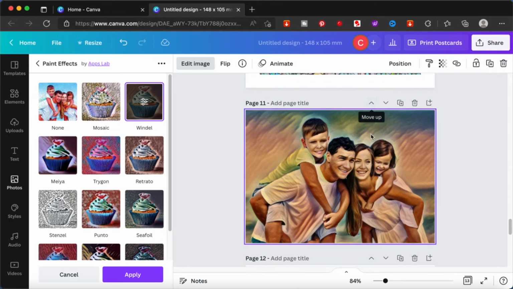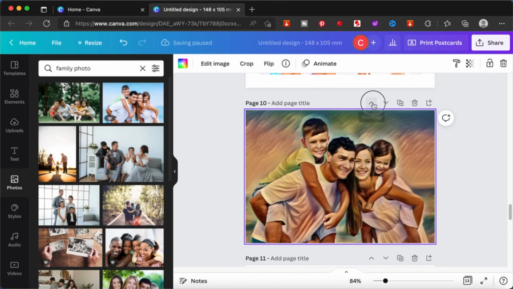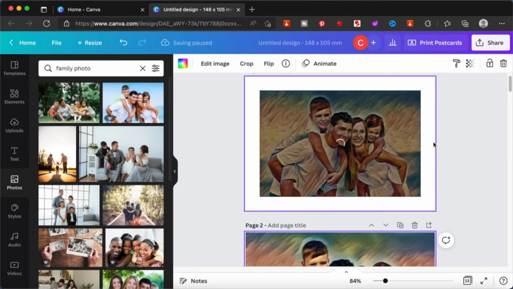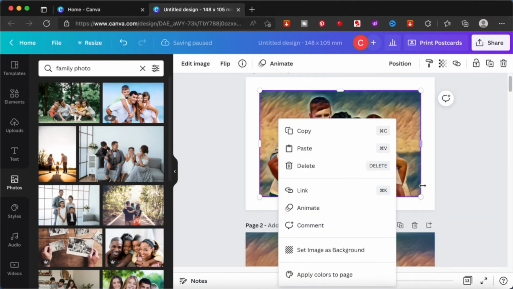I'm going to move this up so that we can compare these two pictures. Just click on the arrow, just bring it all the way up. I'm going to make this my page 2. Yes. Now I'm going to click on the thumbnail view so that we can,